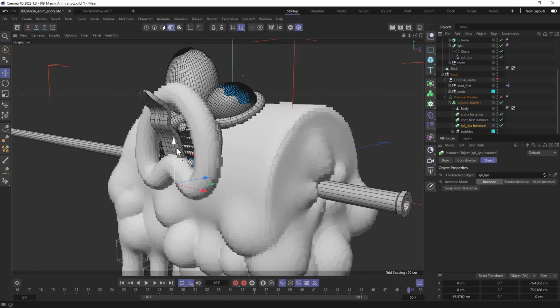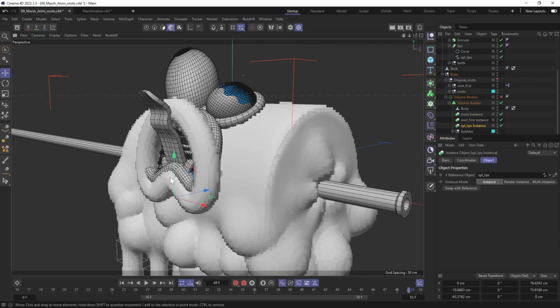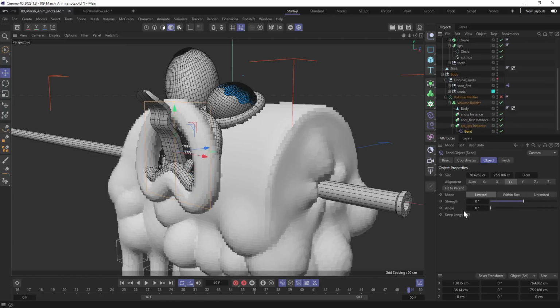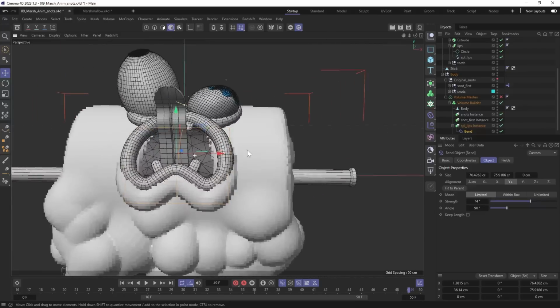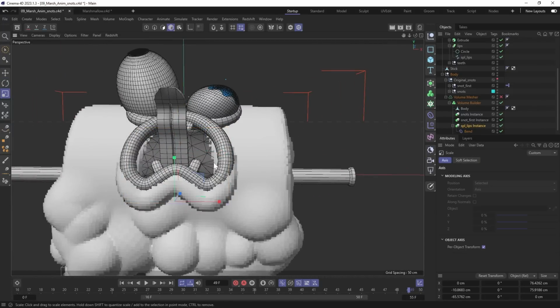We also need to add the bend modifier so that it follows the shape of the face, but for now I'll just move it down like this, and then create a new bend modifier, place it inside, and bend it a little harder so that it penetrates inside the face. You can also adjust its scale a bit, and if you want, instead of bend, you can use FFD.